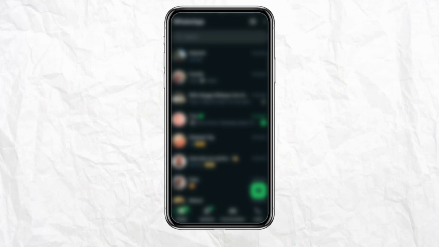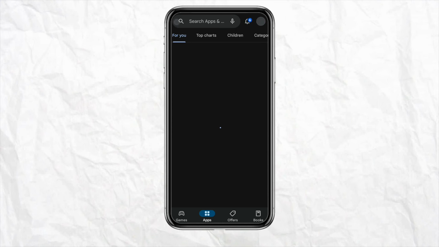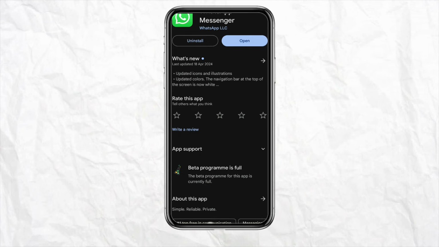So just close your WhatsApp account, and after that just simply open your Play Store or your App Store. On the search bar, just simply search for WhatsApp, and over here just simply click on the WhatsApp app, and after that just see if there is any update pending regarding your WhatsApp application in your mobile device or not. As you can see, in my case I don't have any update pending for my WhatsApp, but if you have any update pending in your WhatsApp account, just go ahead and update your WhatsApp. Once you update your WhatsApp account, that might fix your Meta AI problem that it is not showing in your WhatsApp account.